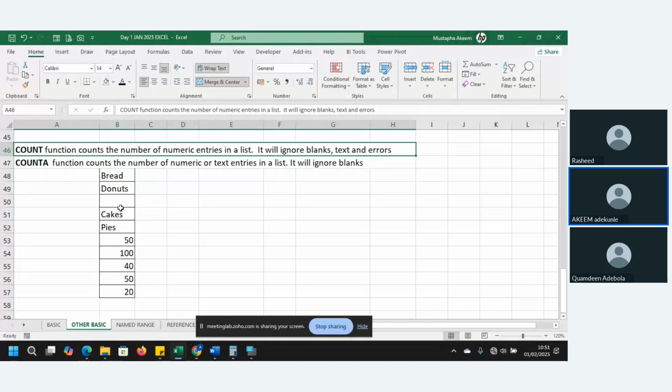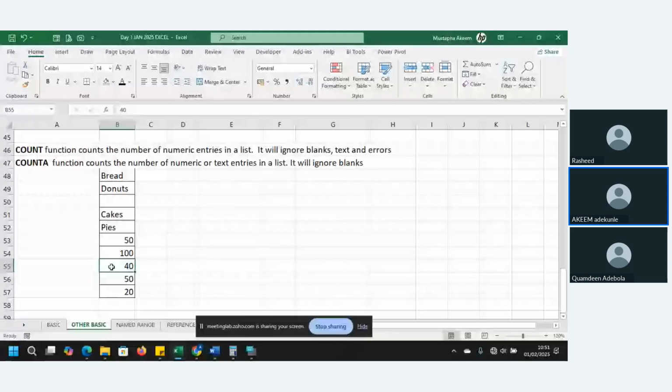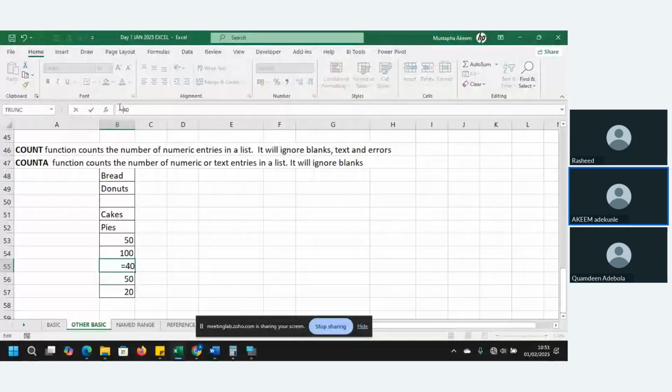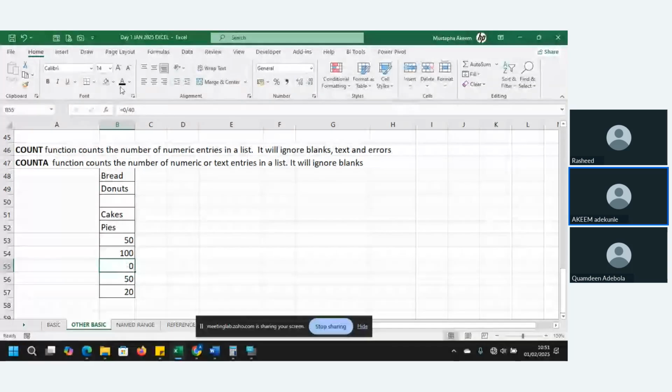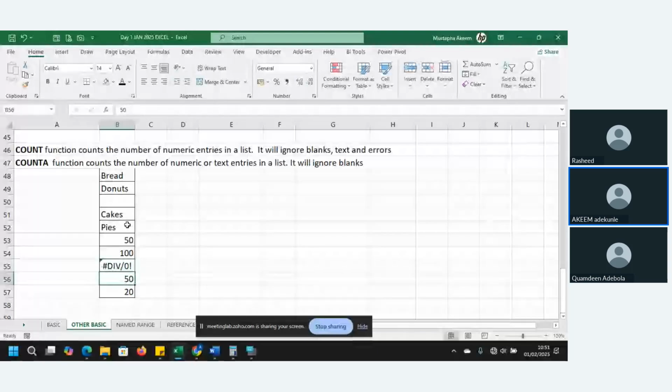Let me add an error here. Equals 0, this 0 divided by 0. I want to generate an error message. So you can see we have an error now here.